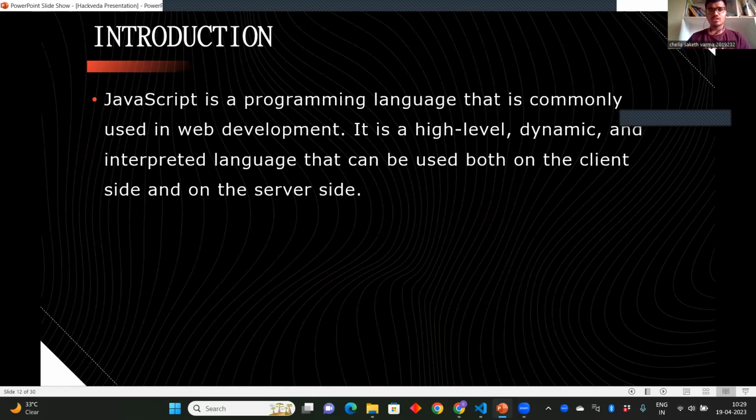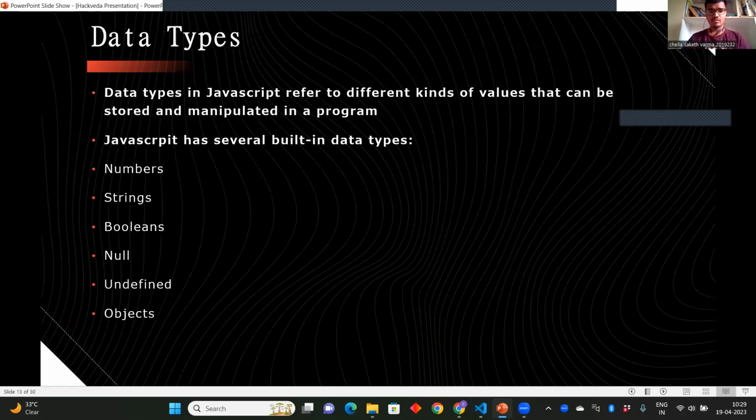We know that JavaScript is a programming language that is basically used in web development, and this language is used to develop dynamic and interactive web pages. And the significance of data types, variables, and operators we will discuss in this slide. And first, if we look at the data types